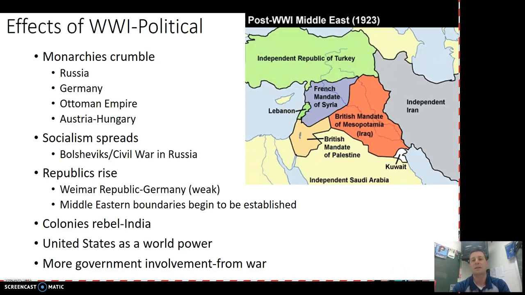But that doesn't really fly for some of the forces like France and Britain. We see the spread of socialism across Europe. The biggest example of this is going to be the Bolsheviks and civil war in Russia, but Germany goes through a period where the Social Democratic Party, the SDP, that we talked about last chapter, really begins to gain power. And actually, it's really touch and go in Germany as to whether there's going to be some form of radical revolution driven by these socialists. But the Republic is able to hold power and hold on as long as possible.